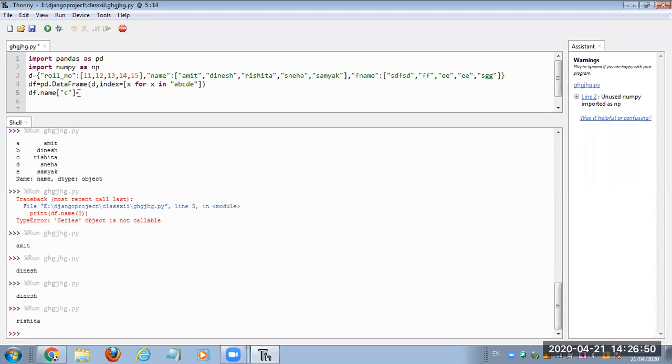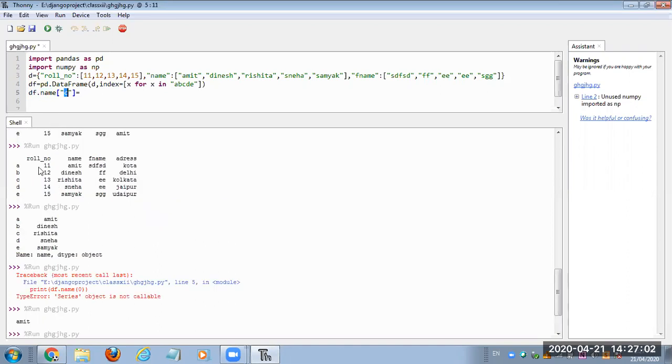It refers to the data frame df, having the column name, and in the name column having the index C. That means it will refer to this Rishita value.